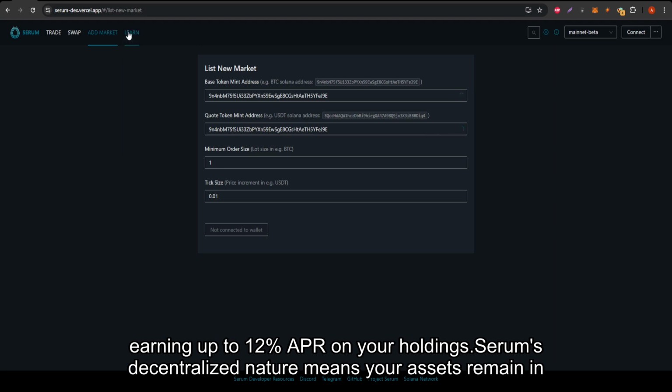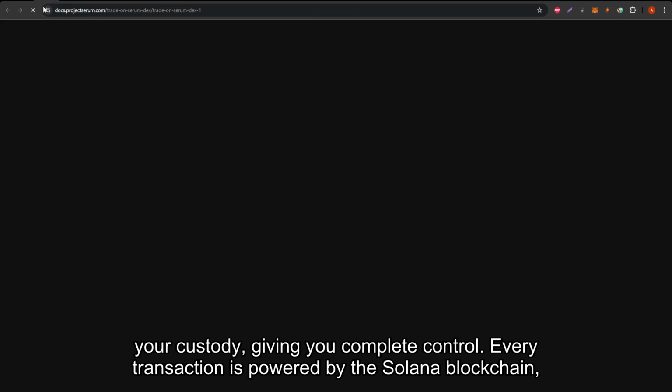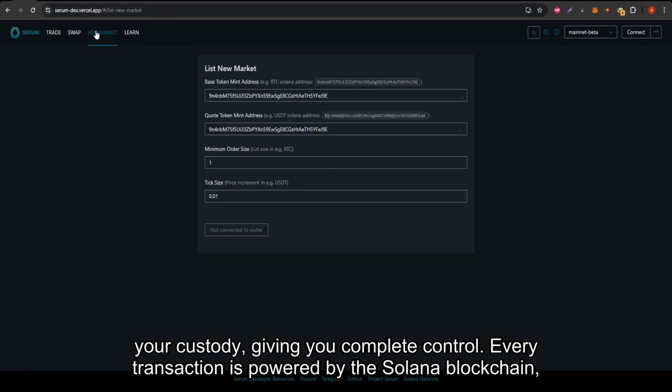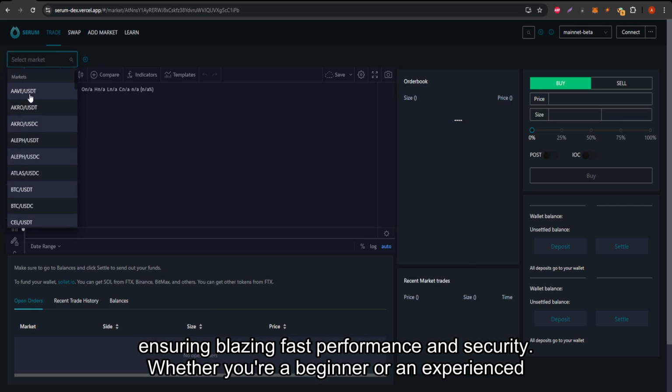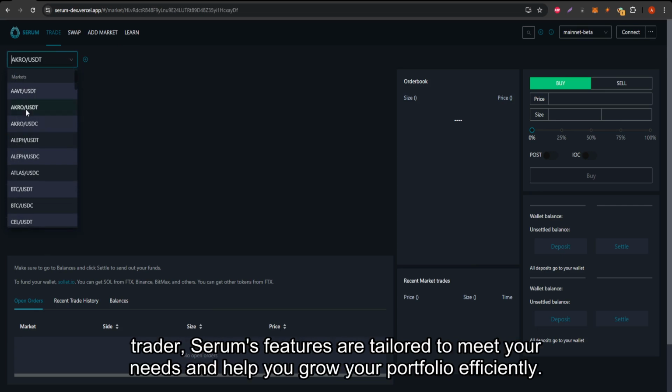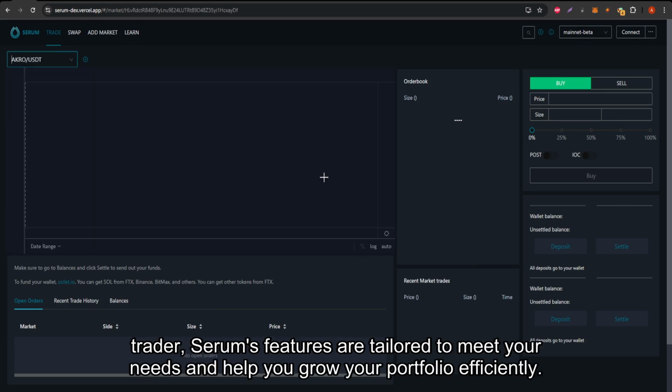Serum's decentralized nature means your assets remain in your custody, giving you complete control. Every transaction is powered by the Solana blockchain, ensuring blazing fast performance and security. Whether you're a beginner or an experienced trader, Serum's features are tailored to meet your needs and help you grow